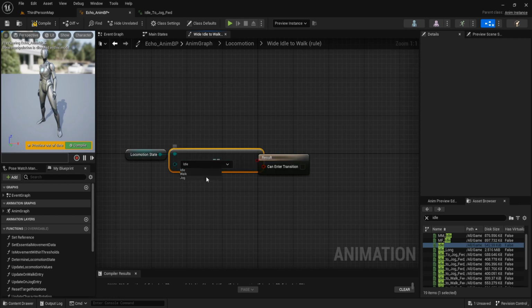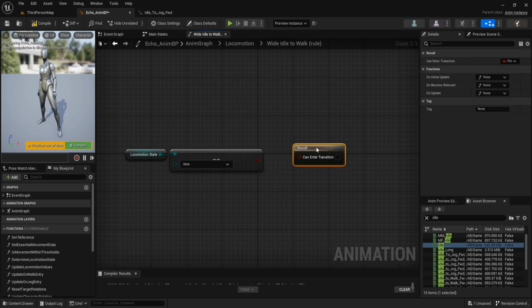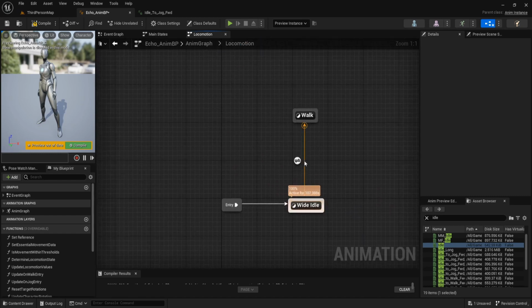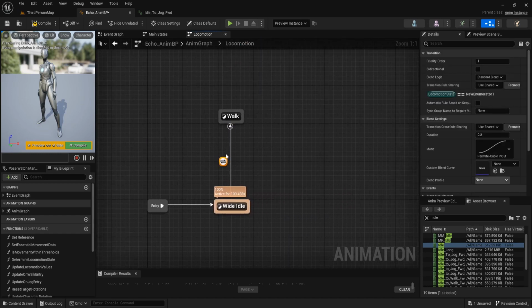If it equals walk state, we will change the state from this idle to walk.